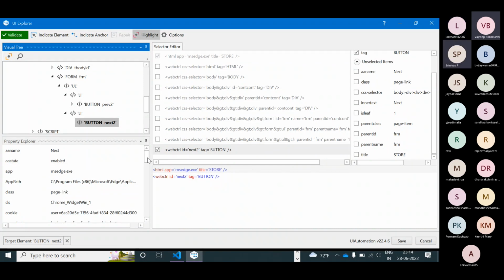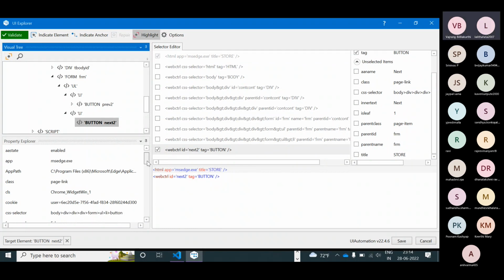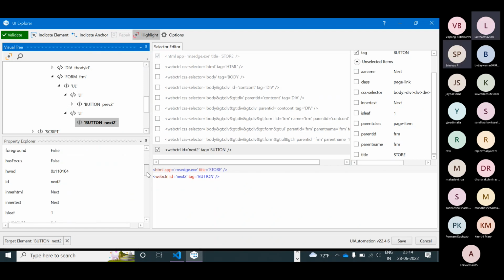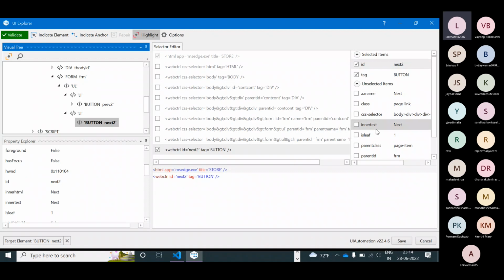That position is showing, but we are not able to see the button, right?